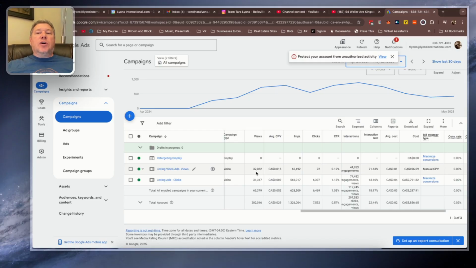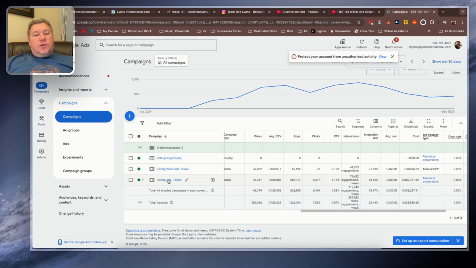I'm measuring this year, just so you know, and the clicks are generating more business. At the rate we're going, we'll probably do twice as much business as we did last year from YouTube running these ads. So I'm liking the clicks better, even though the cost difference is there. Off of 6,000 clicks, my cost per click is dramatically less. And you can see the budget: to get the same amount of views, the budget was $500 versus $2,800.